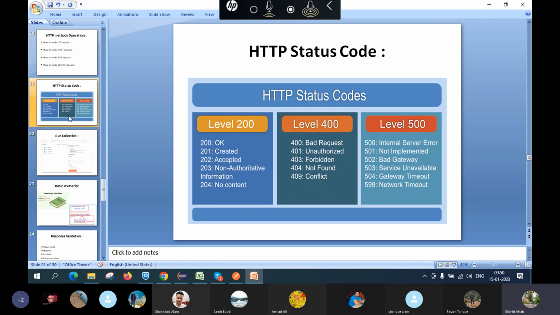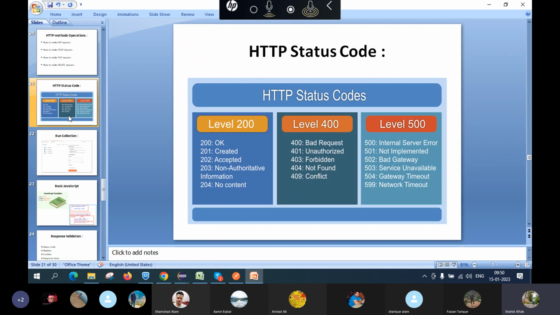All these kinds of things you will be able to see. If you are searching to delete some data which is not available, then you will get not found. And 500, I have told you, totally belongs to server error. It might be the server is down, it might be the server is in maintenance, it might be